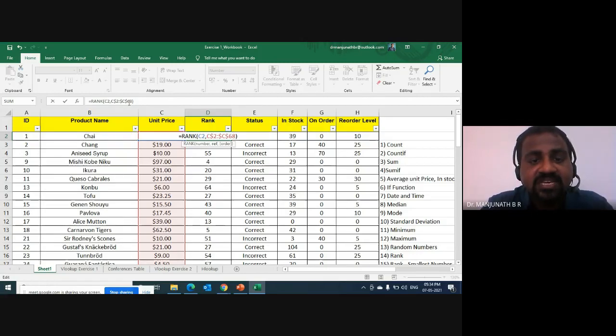Manually, I can do this. But what did I do without doing it manually? I just selected the range C2 to C68 using the shift left arrow key, and then I pressed F4. And between C and 68, C and 2, there is a dollar sign.